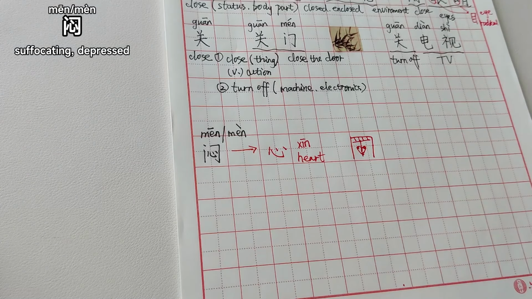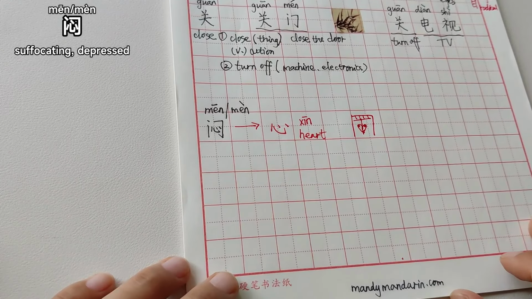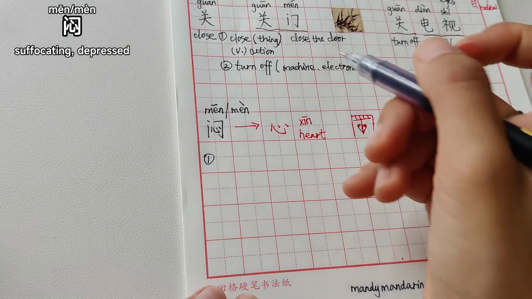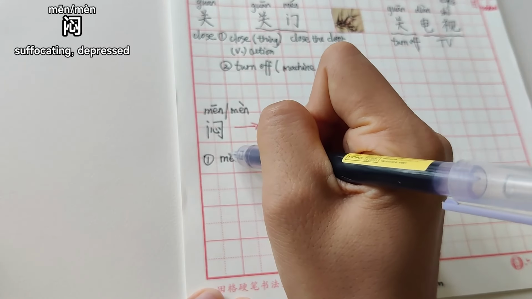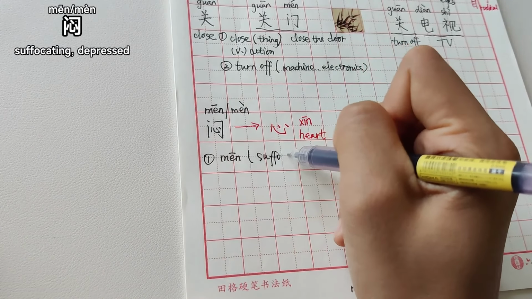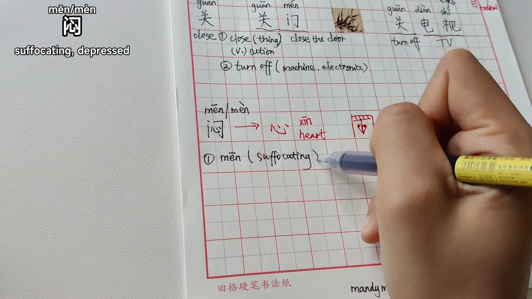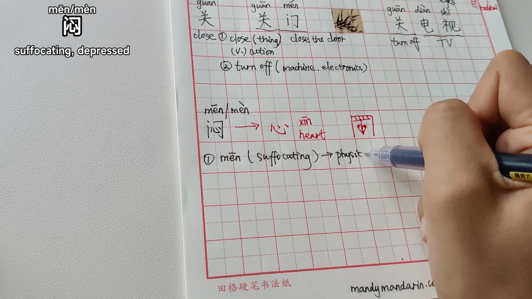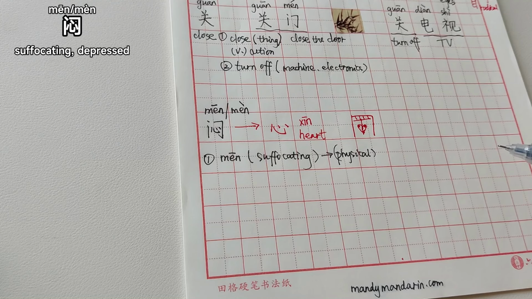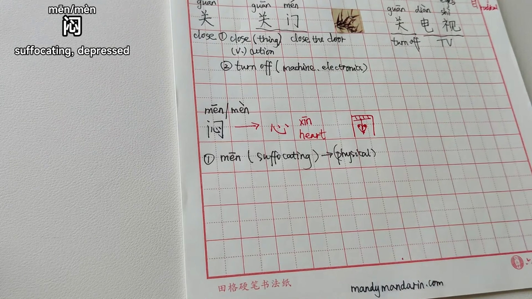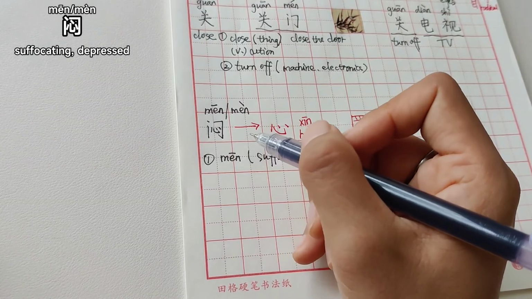So now let's dive into the meaning. The first one, when it's pronounced as 闷, it means suffocating. This is pretty physical. It's like you locked yourself in the room forever and you're not going out. It's pretty suffocating. Yeah, you feel suffocated. And let me give you a sentence as an example. You can say,